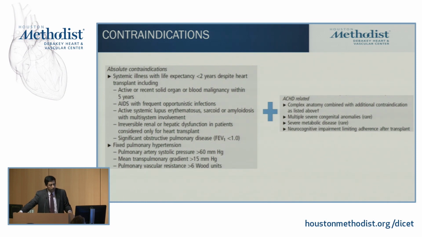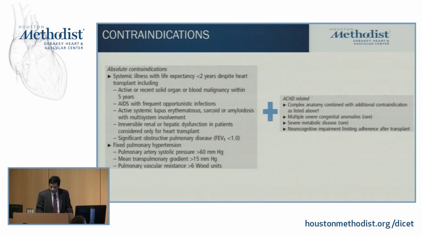But in patients with adult congenital heart disease, occasionally complex anatomy, especially if it's combined with additional contraindications, becomes really challenging, and we'll go over why it becomes challenging. And again, multiple severe congenital anomalies and severe metabolic disease are associated with adult congenital heart disease. And some patients, especially with Down syndrome, who have a lot of neurocognitive impairment, are sometimes a contraindication